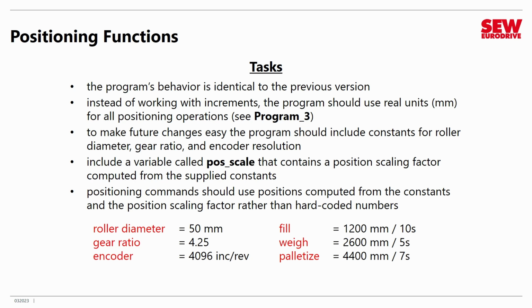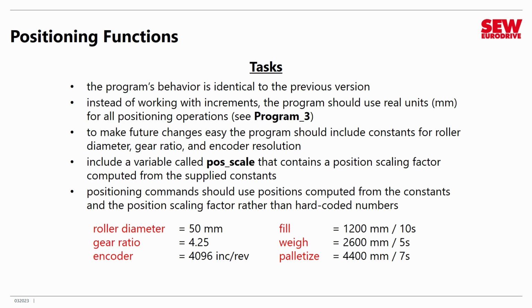Of course, again, you should use constants for all your key parameters, and I've given you the mechanical parameters as well, like the roller diameter, the gear ratio, the encoder. I've also given you the positions and the times there as well. All these should be set up as constants, and your program, of course, should do the calculations, and it should create a variable called IPOScale that has the position scaling factor computed from the constants. And then positioning commands, and I suggest use absolute positioning, should use positions computed from the constants and the scaling